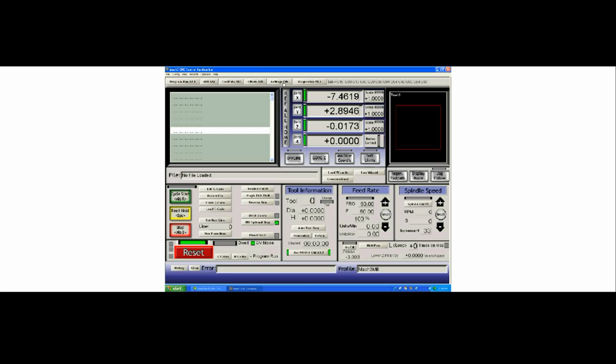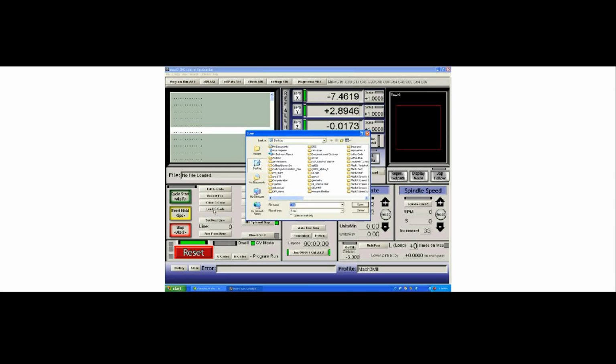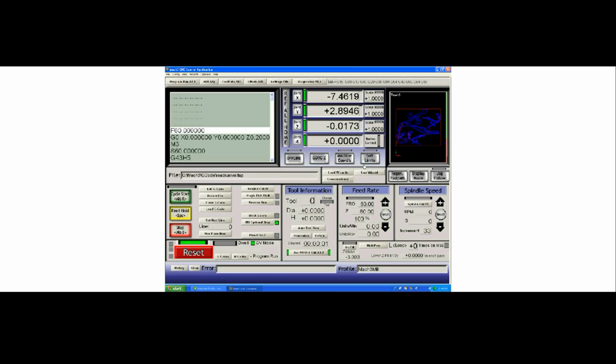If you want to do a test to see how your system can respond, we can now just load a G-code file. If you select the Mach3 folder on your system, there's a G-code folder, and once you select it, there are some test programs in there. This one is called Roadrunner, and will allow you to cut a test cut of a Roadrunner. When I hit cycle start to start the program